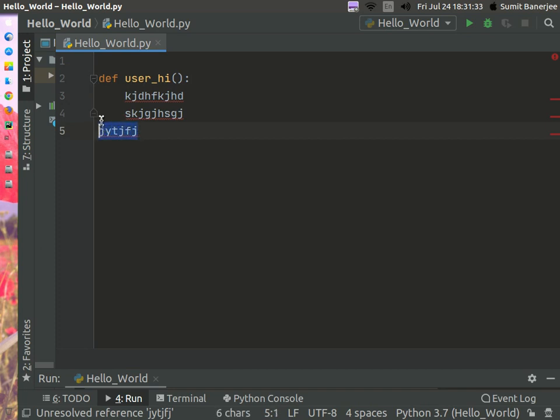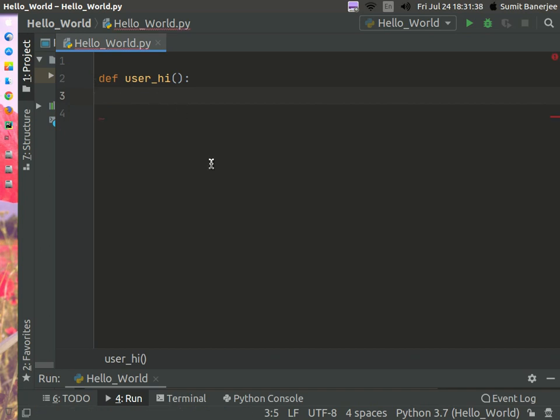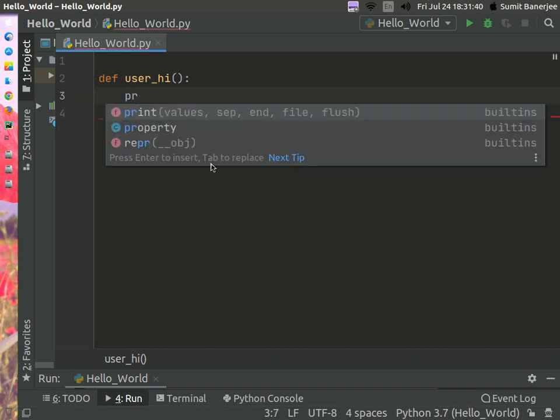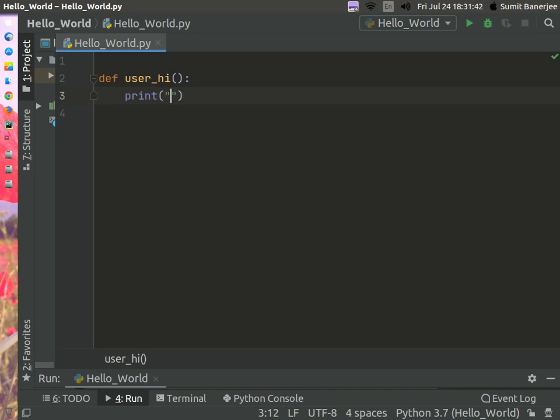So you should always indent it. So I can just type here print and then say hello user. This is just one line of code. You can add as many lines of code as you want.